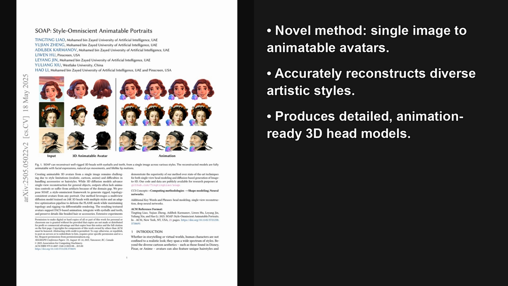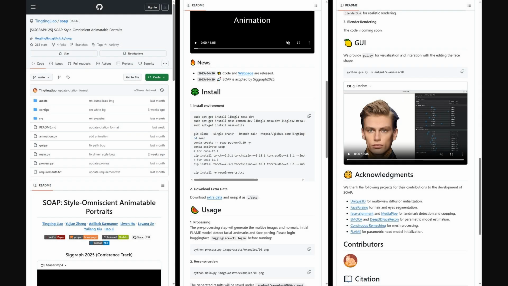The goal is to produce 3D models that are well-rigged, meaning they have an internal structure that allows for natural-looking animations like facial expressions, eye movements, and even lip motions. And for those keen to see this in action, it's great the researchers also released the code for SOAP. Over on their GitHub page, you can grab the source code and installation steps. They've even got a graphical user interface, or GUI, which is a visual tool for visualizing and interacting with the